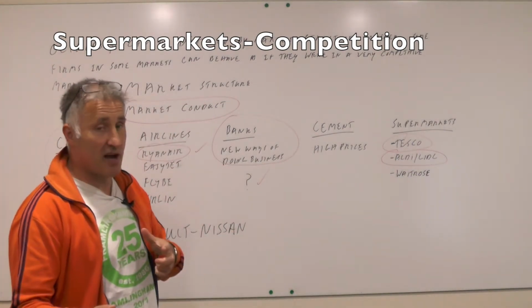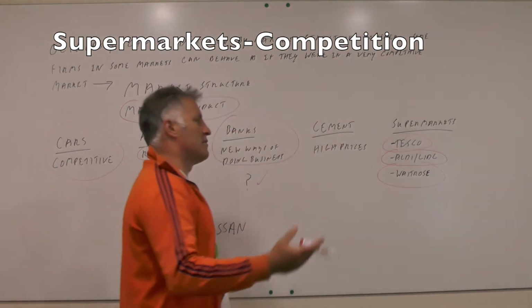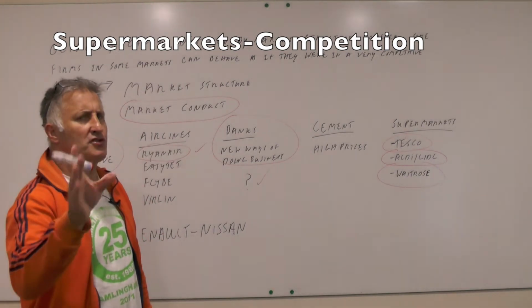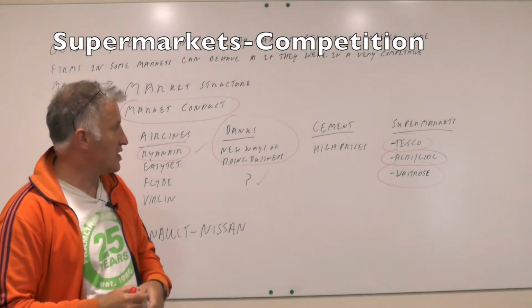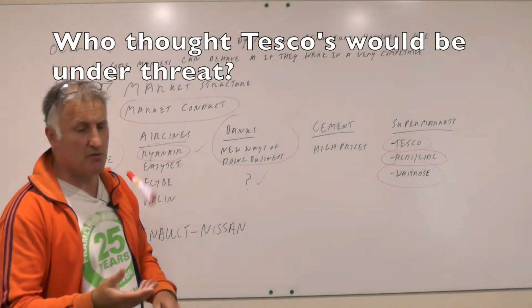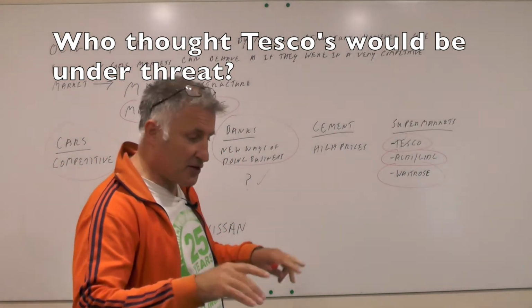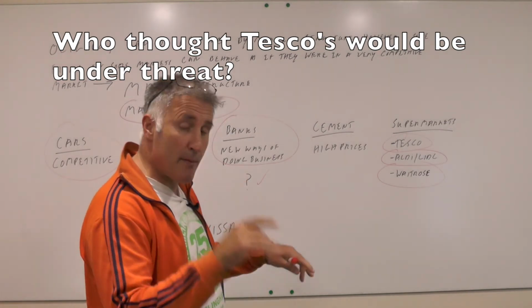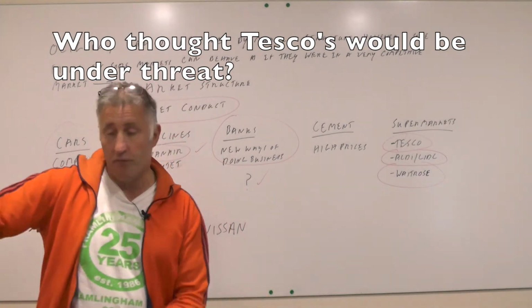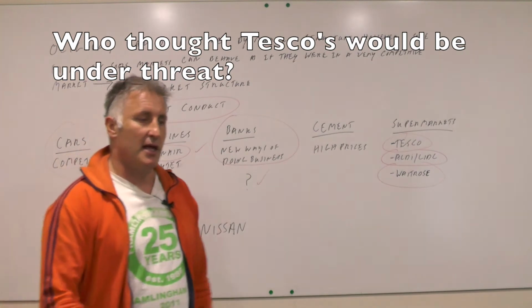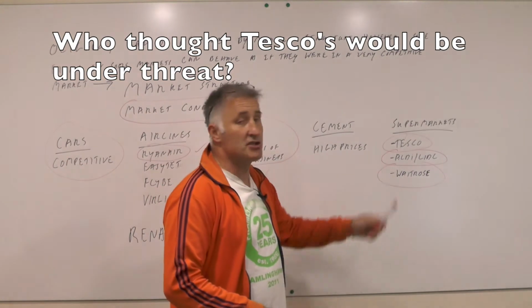Now Tesco's is having to react to that. Waitrose is also having to react to it, with a sort of high quality image, and Morrison's as well. Morrison's got some new stores out, haven't they, that have tried to copy Aldi and Lidl, where they have much fewer brands. In the old days when I worked at Aldi, which was incredibly cheap, it was about 3p for a tin of baked beans, but they literally just stacked them high. And they didn't barcode anything. The person on the till could remember all the different prices. And you put your food on the conveyor belt, and then it just flew off at the far end unless you got your trolley round. It was a very efficient, very, very basic system. But the prices were low and it was cheap.